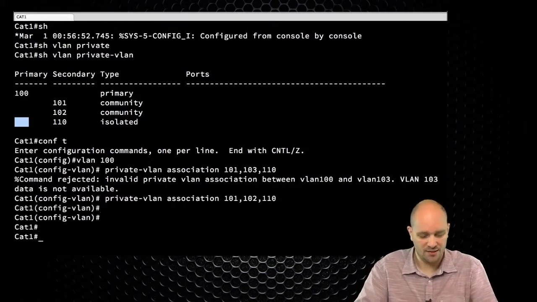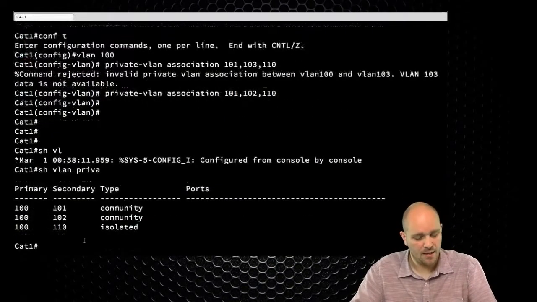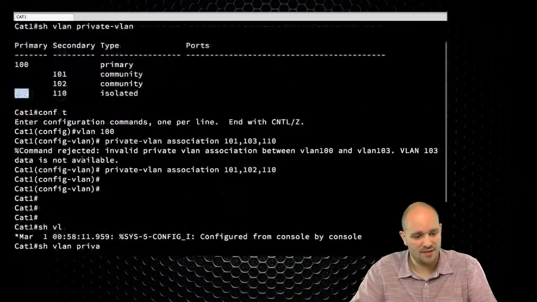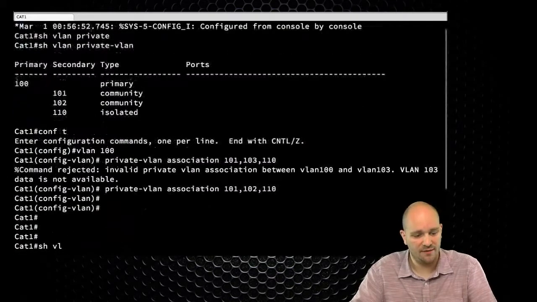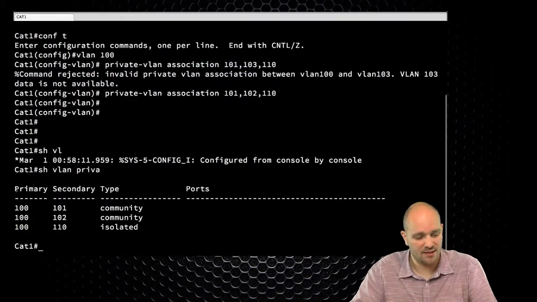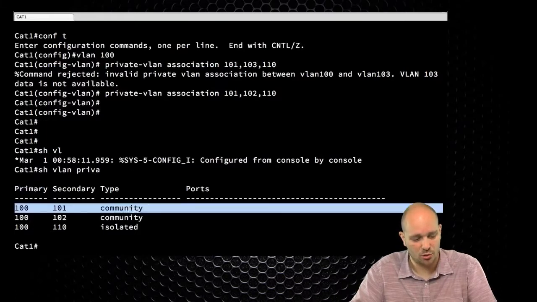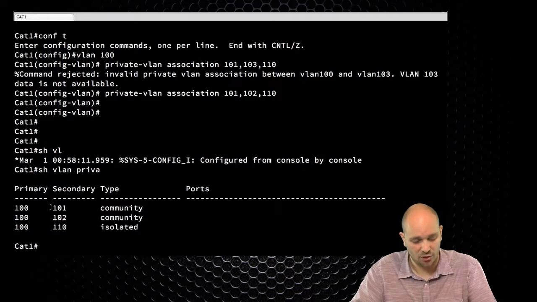So I'm going to do this. So now if I do show VLAN private VLAN, this is what I'm seeing. Now you can see how this output is different than the other one. So here I see that this is a primary VLAN 100, and this primary VLAN 100 is actually associated with these secondary VLANs.